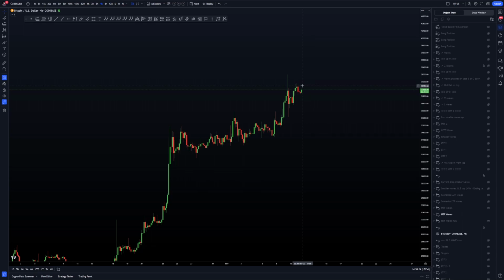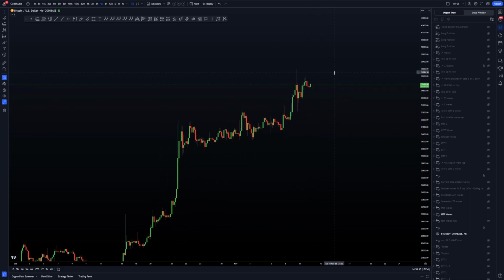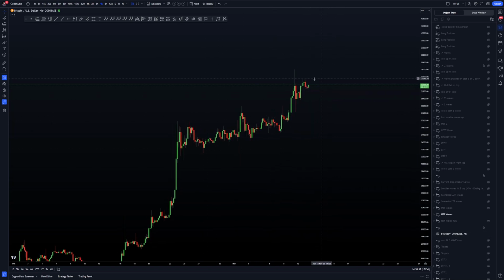Bitcoin is possibly about to make one more push to the upside before a major push to the downside next, a big pullback if we can say that. I'm going to show you everything in today's update so you can absolutely crush the chart. I'm going to give you the targets, the possible waves and the possible moves we can clearly expect on this